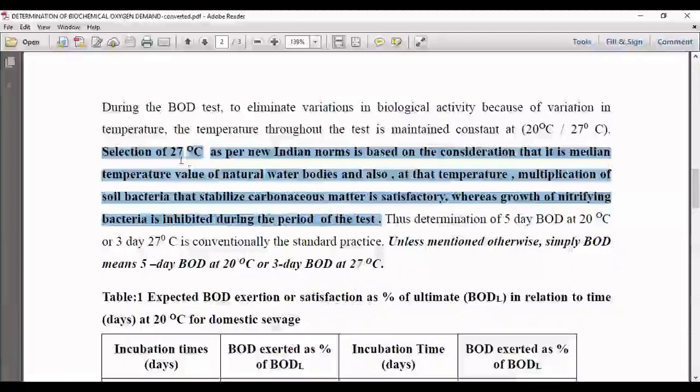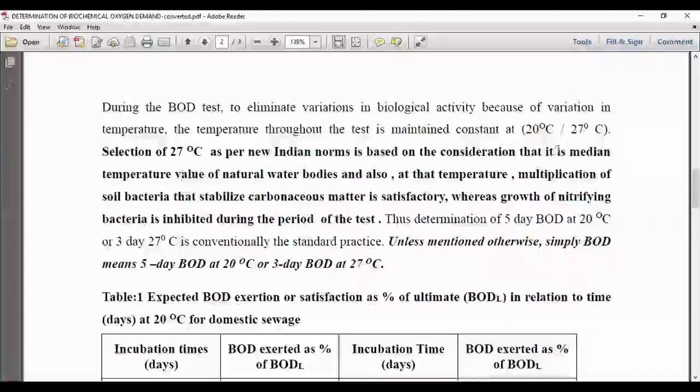So normally why have we kept it as 27 degrees Celsius? Because 27 degrees Celsius is the median temperature value of the natural water bodies available across India, and also at that particular temperature the multiplication of the soil bacteria which stabilize the carbonaceous matter is satisfactory, whereas the growth of the nitrifying bacteria, which are going to interfere, is inhibited at that particular temperature, right? So these two are the reasons why in the Indian scenario we have chosen 27 degrees Celsius,